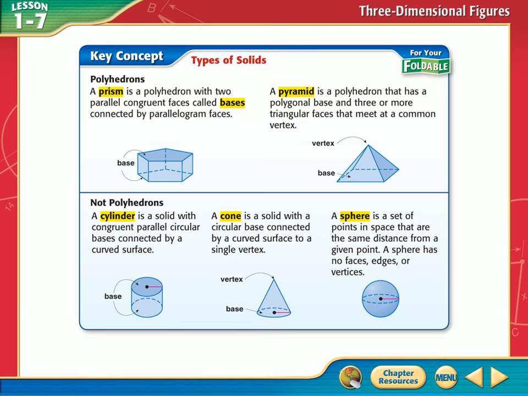All right, it's a pentagonal prism. But you could have a rectangular prism. You could have a triangular prism. What's the difference between a triangular prism and a pentagonal one? Yeah, it's the base. It's the number of sides that the base has. So depending on how many sides the base has, we could name it a certain type of prism.